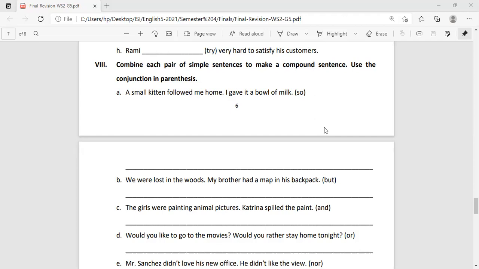What do I make? I make a compound sentence. You might ask me, what are the coordinating conjunctions? I will remind you with them. They are the FANBOYS: for, and, nor, but, or, yet. So